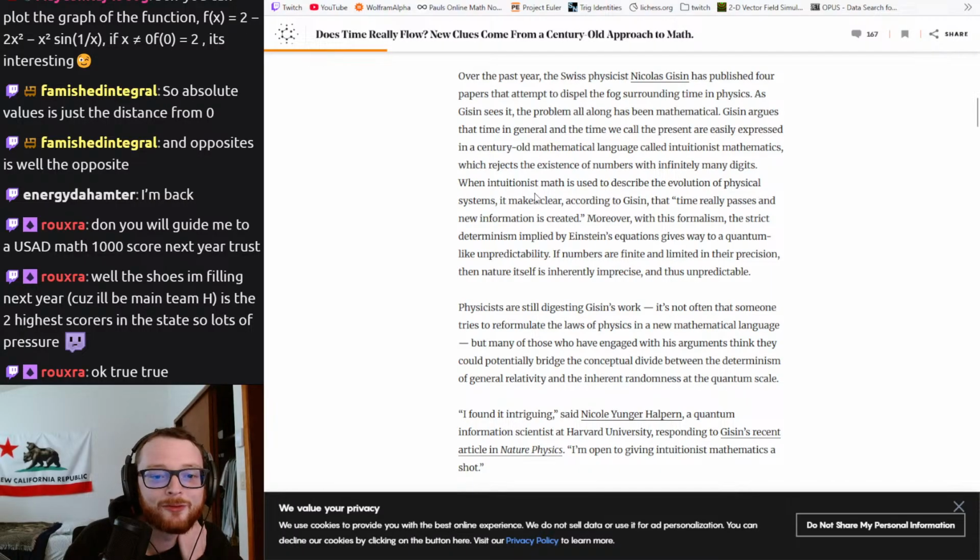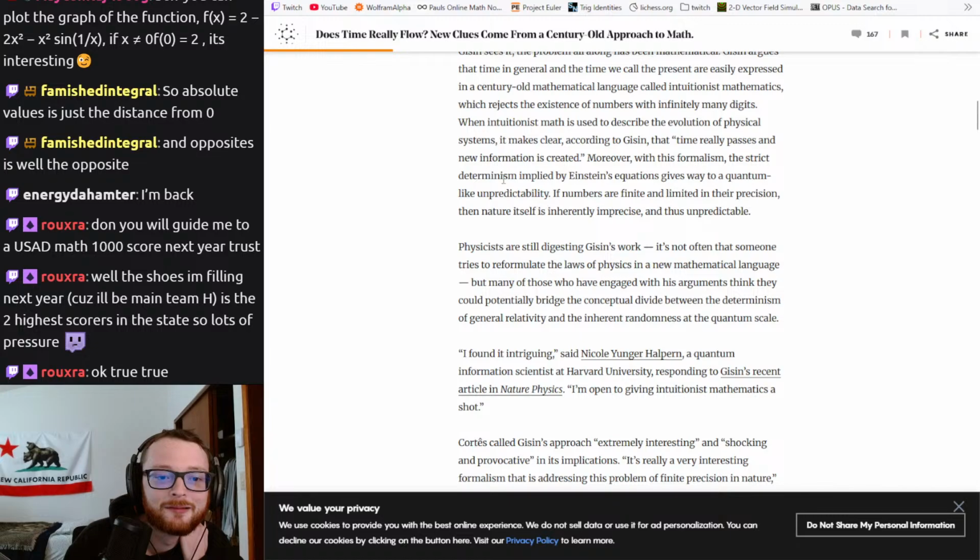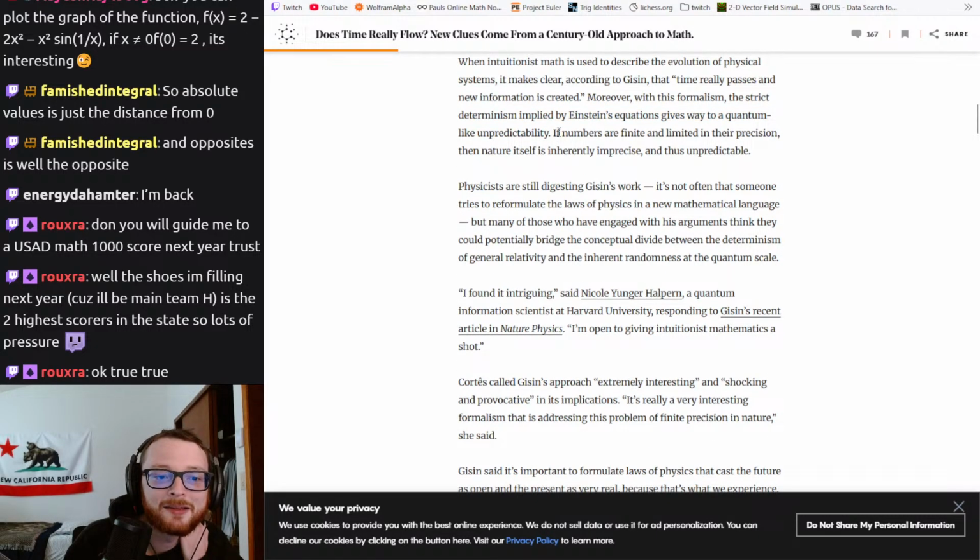When intuitionist math is used to describe the evolution of physical systems, makes clear according to Gissen, time really passes and new information is created. This way to quantum-like unpredictability. Numbers are finite and limited in precision. Nature itself is inherently imprecise. That phrase